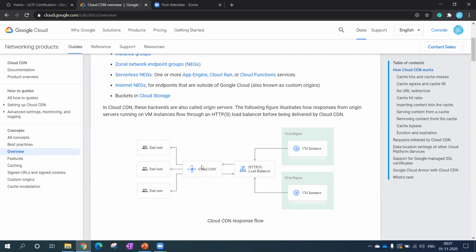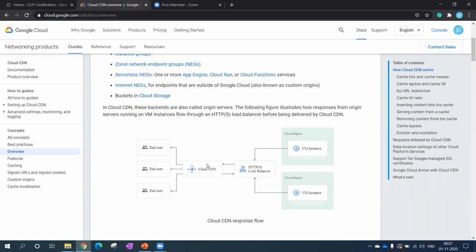After that, for example, if one person from India accesses the data, and the data is received from the CDN, and next time some other person from a China location accesses the same data, then when the request comes to the CDN, it will not go back to the HTTP load balancer. The CDN will check the nearby cache. If the same data is available in the nearby cache, then the CDN cache will be filled. We pull the data from that nearby cache, and from there it will serve the end customer. So this is how the data gets filled.